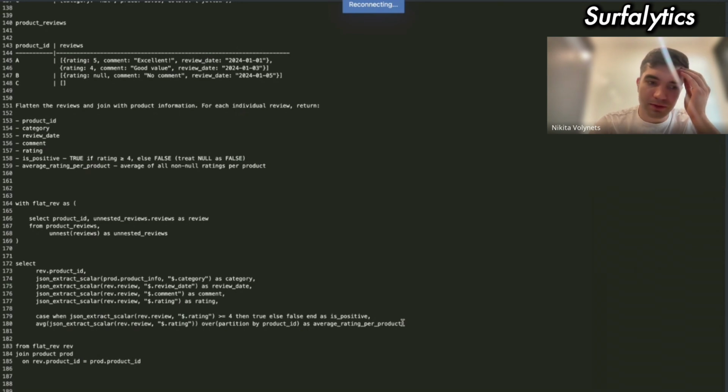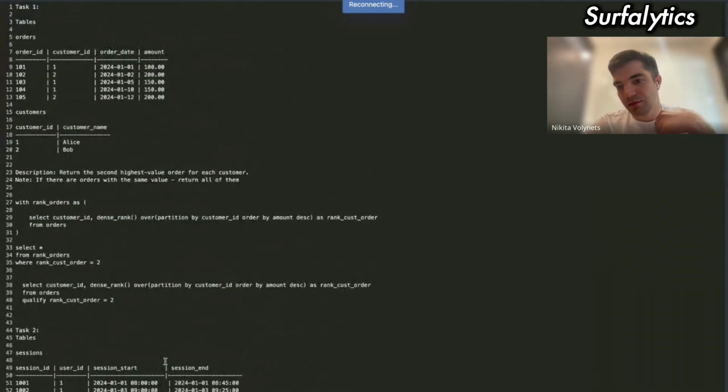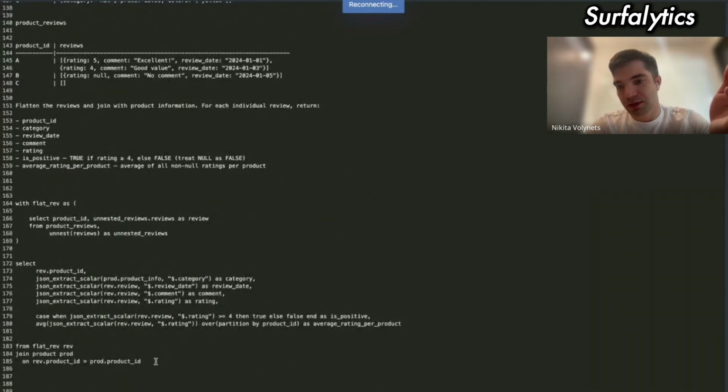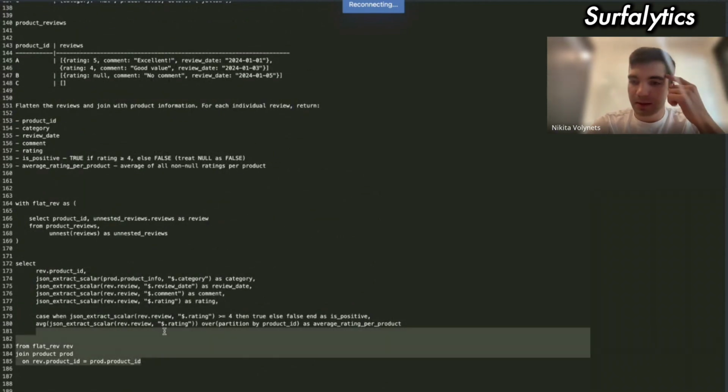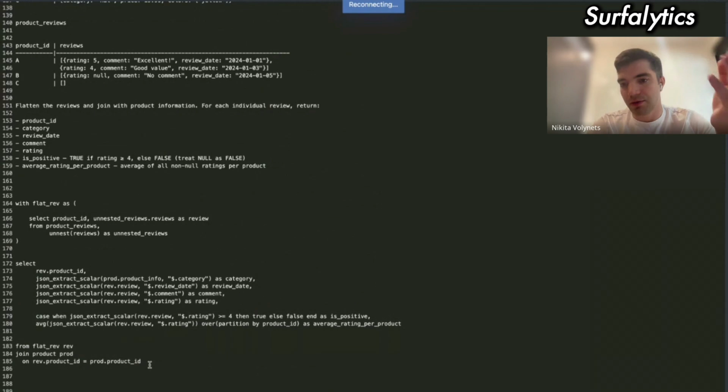Also, feel free to read out loud before you start and explain first what you're going to do. As an interviewer, my main goal is of course to check your SQL knowledge, but also to understand your thought process, how you think.